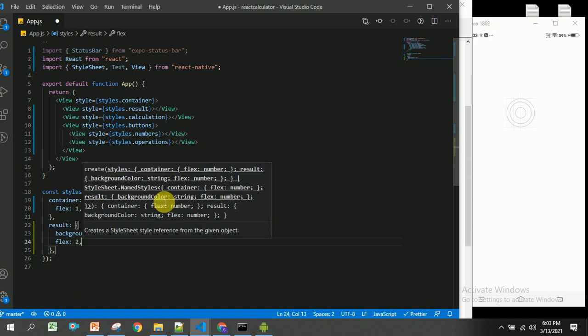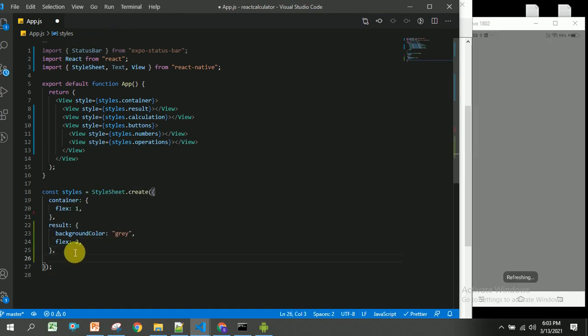Now I am going to save this. So the next one is calculation. So you can see our changes got reflected here.